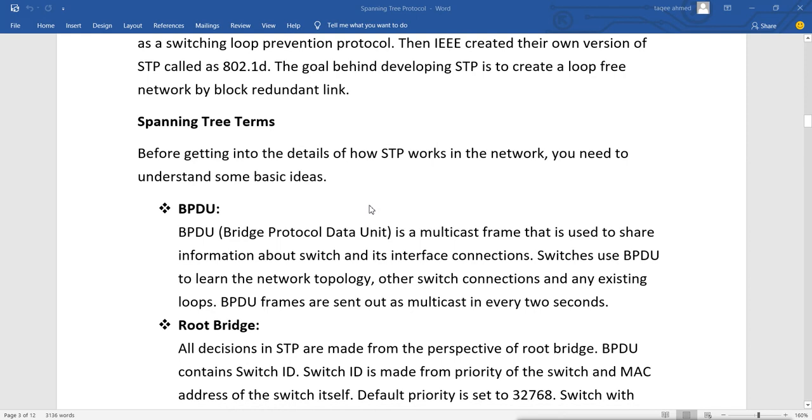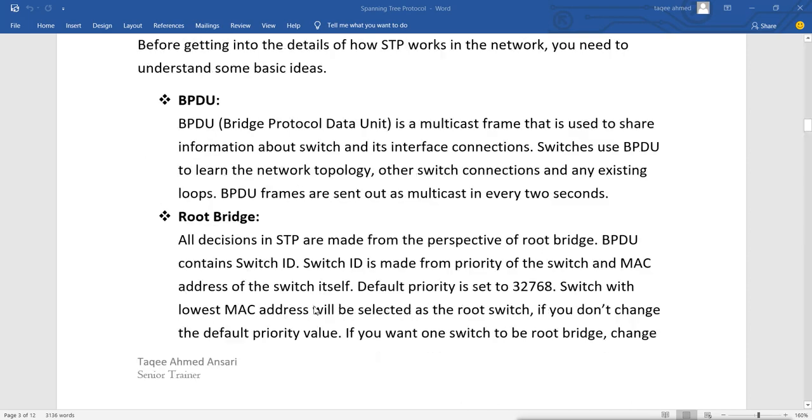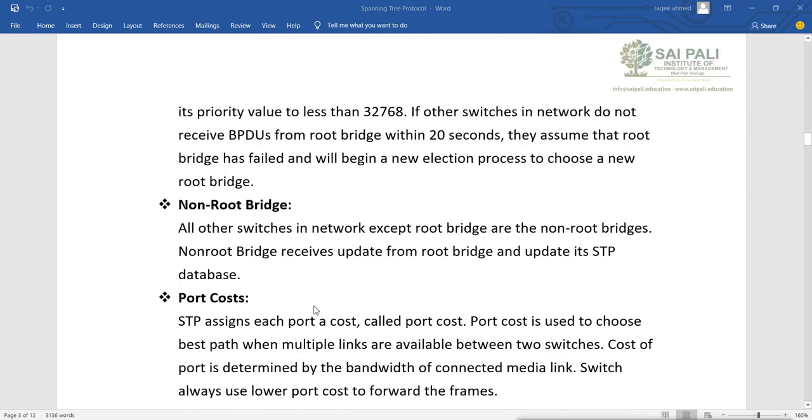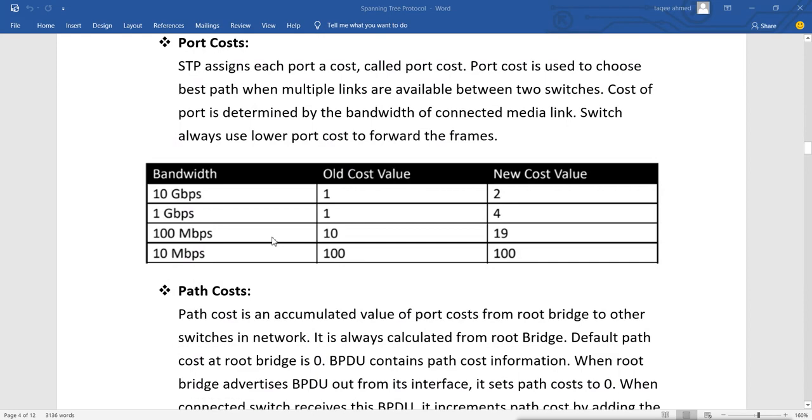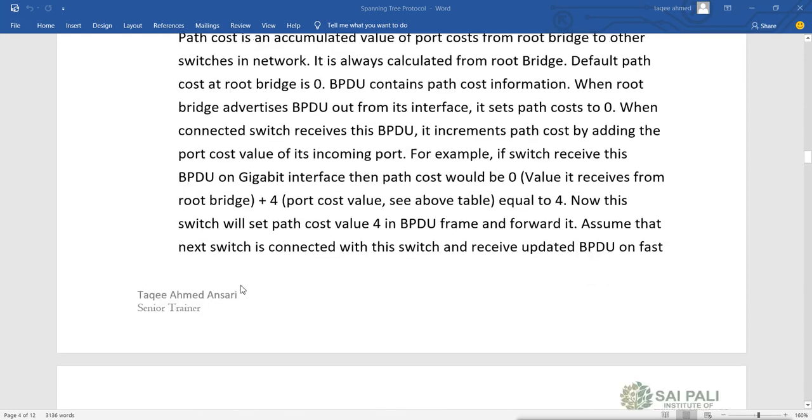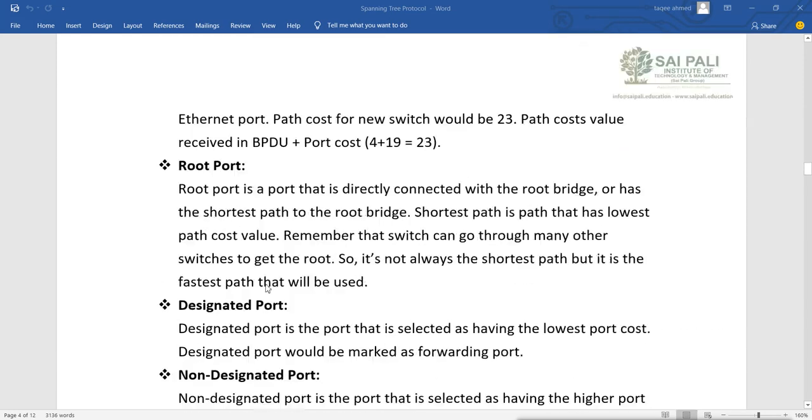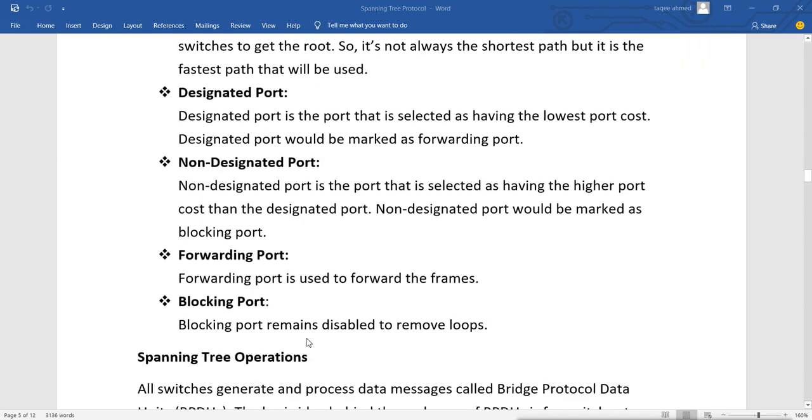And how does it work? For this, it uses different terminologies. We have BPDU, root bridge, non-root bridge, port cost and port path cost, and also root port and designated port, non-designated port, and forwarding and blocking port. These are the terminology for the spanning tree.